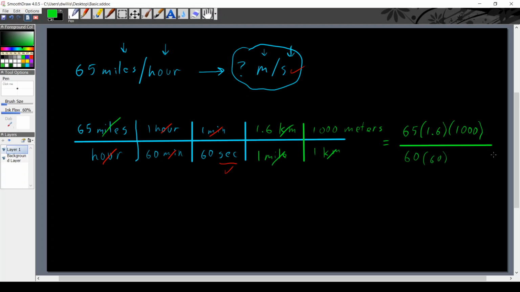Okay, so that looks like the math that we're going to need to do, and so I'm going to go ahead and do that. I'm just going to say 65 times 1.6 times 1,000, and I'm going to take all of that inside some parentheses and divide by 60 times 60, and I'm going to come out with